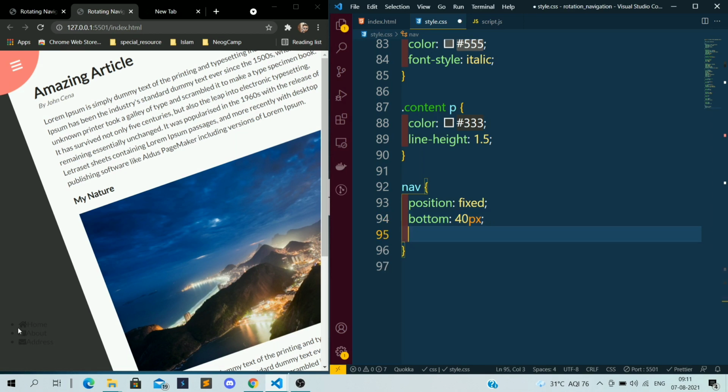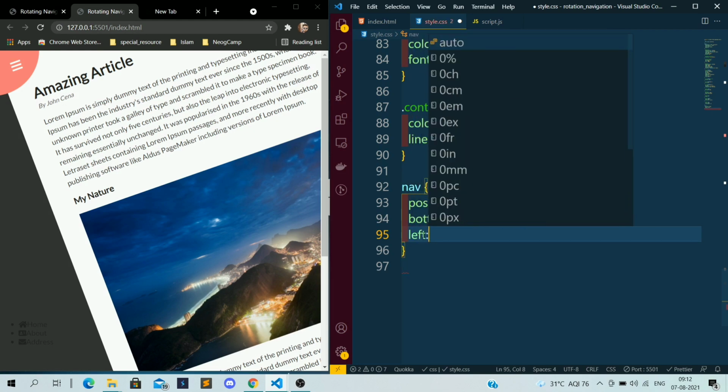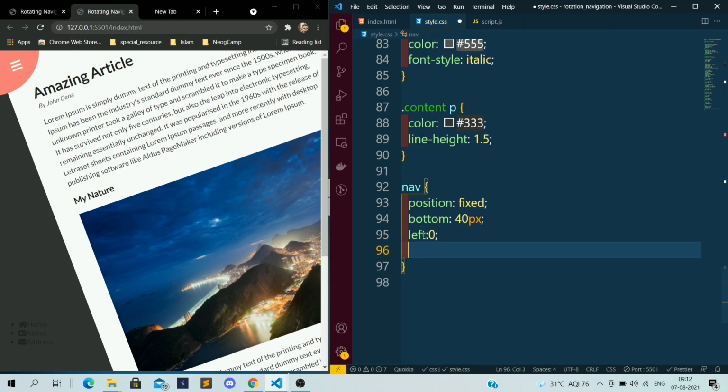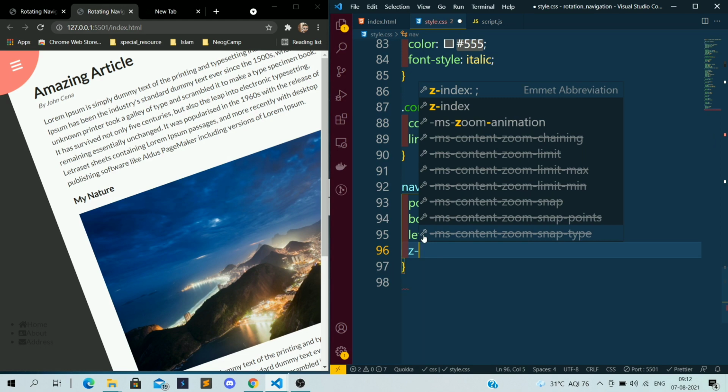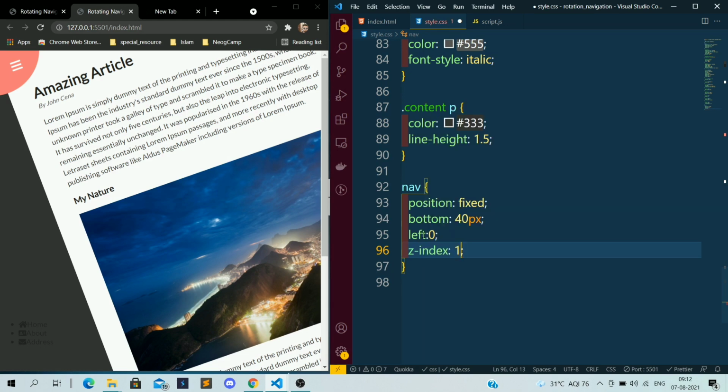Now if you see, this nav will come here because this is in rotation mode, correct? I want the nav to be left from 0. And I want the Z index of 100.